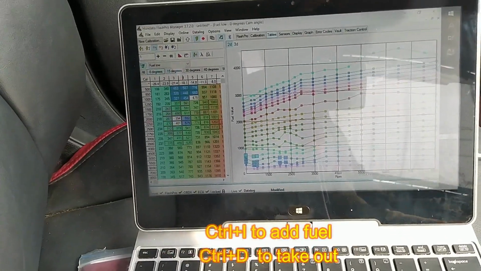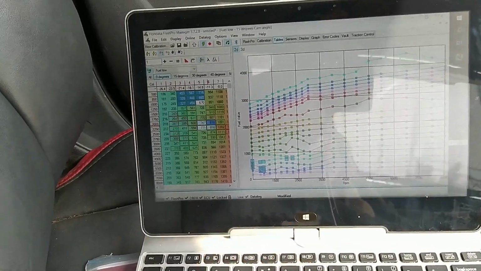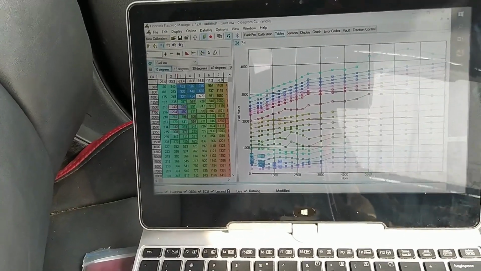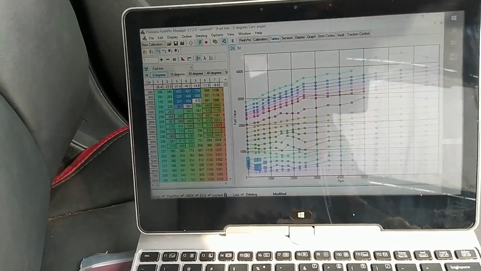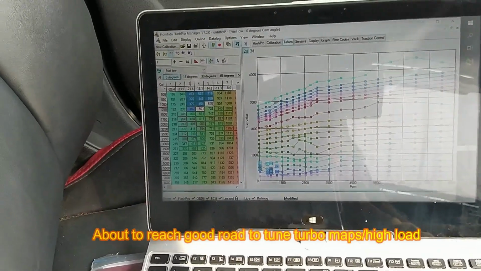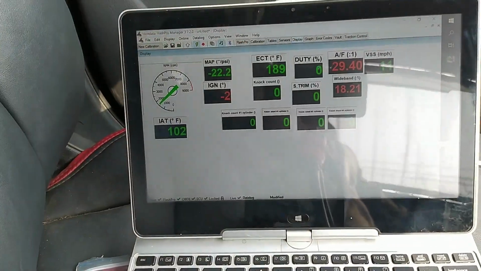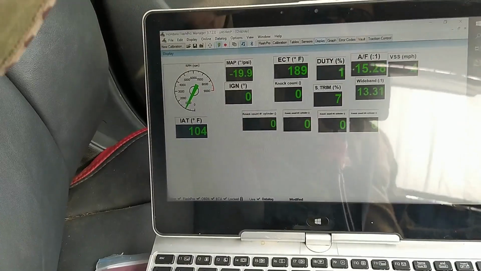Now I will stop the car and see if the lines are not crossing, okay? Because the lower area is very crowded, and ahead of me are starting good roads, less crowded. So I will be testing my tune in the turbo and full throttle. Okay, let us check quickly if the maps are crossing or not.